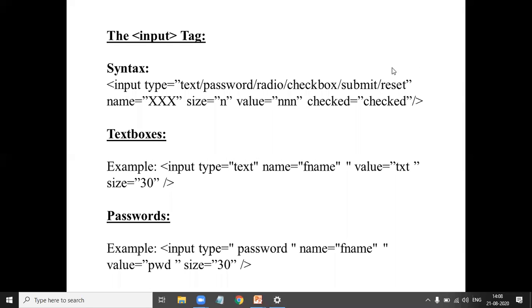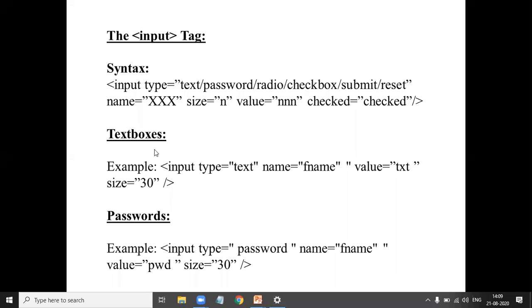Next one is the input tag. The input tag is used to give input to the form. This is the syntax of the input tag. First input type is text.